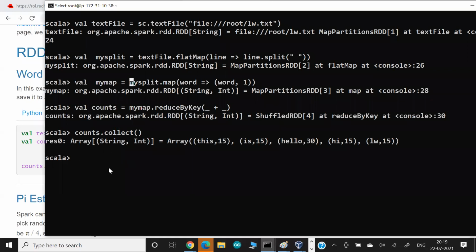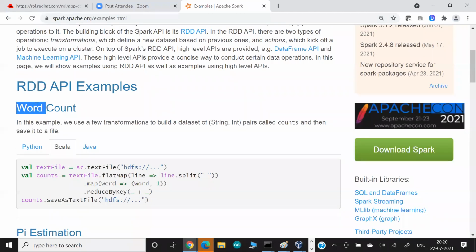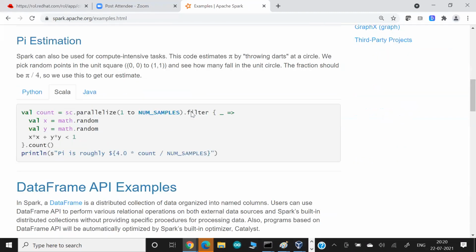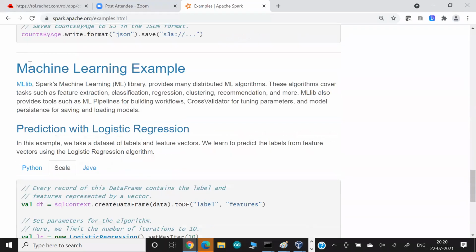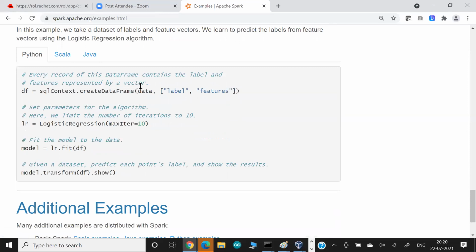Okay. Let me give you one more example. The power of this example you might not be able to see, but you can get the idea of what is going to happen. But I want to tell you one more small thing. This is a word count example, but I told you already Spark can be used for machine learning also. So if you go to this document and go down a little bit, there they give you one example of machine learning. Whatever language you are comfortable with, Scala or Python. I suggest this because you know machine learning at a high level now, and you also know Spark.